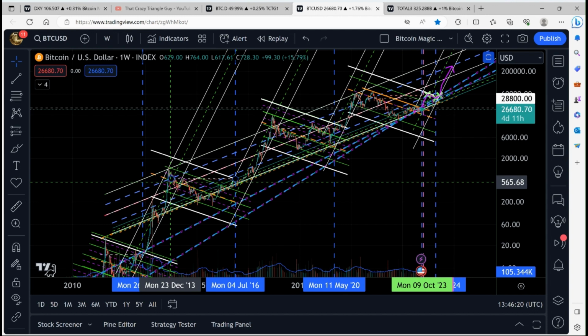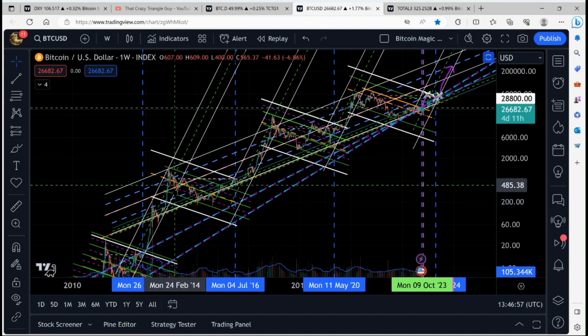Ours did as well, and then the FTX collapse happened, so we got delayed a couple of months before our bull market started. A lot of people say the altcoins are still in a bear market, but you'll see in a second that's not true. We're making higher lows, but we're also making lower highs in the altcoin market. So we're kind of in limbo there, but it's all about to change.